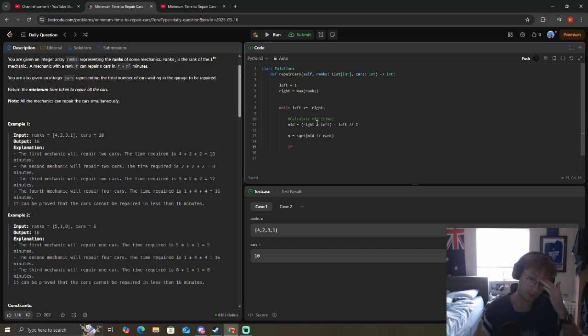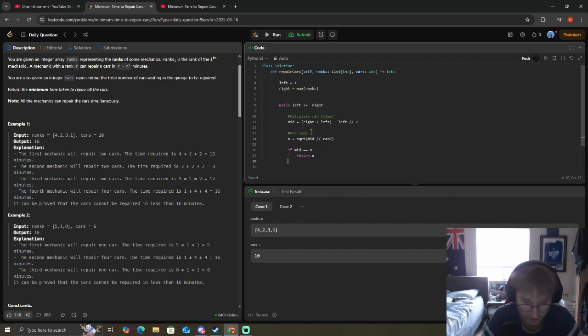I'm not really sure how to do this part in terms of binary search. I know we're probably going to need some sort of for loop here, right? Do if mid plus 1. Sorry, if, and then we can just return n, I think. Else if mid is greater than